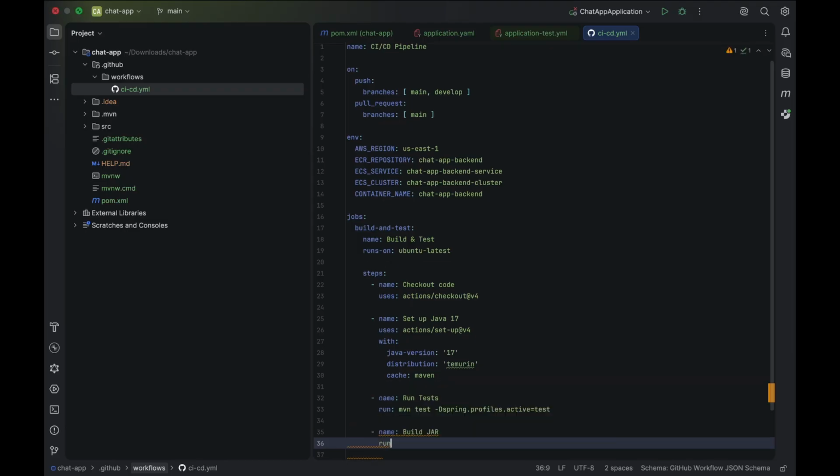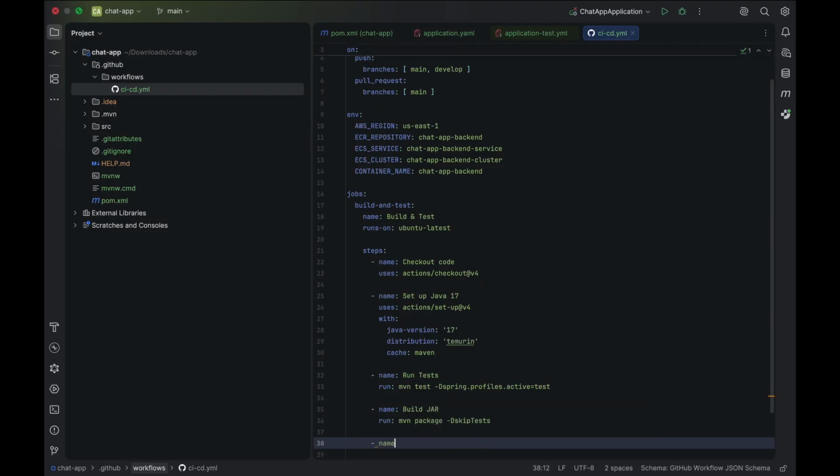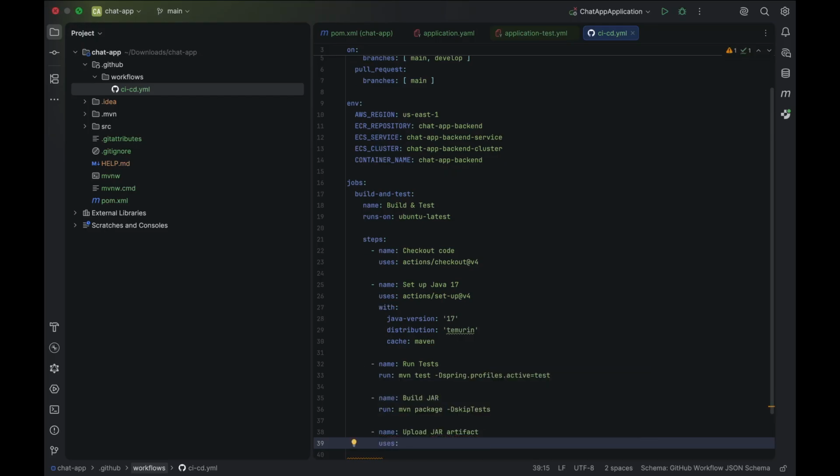Now let's use run, and we will run mvn package -DskipTests. So it will build it and skip all of the tests. Now for our final step, the name will be to upload the jar artifact. So upload jar artifact, and it will use actions/upload-artifact